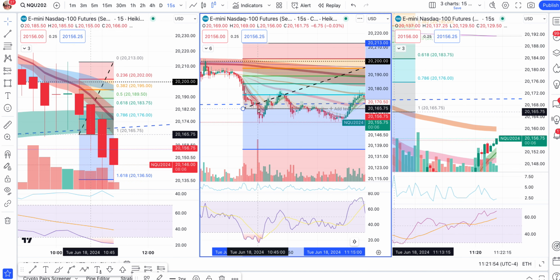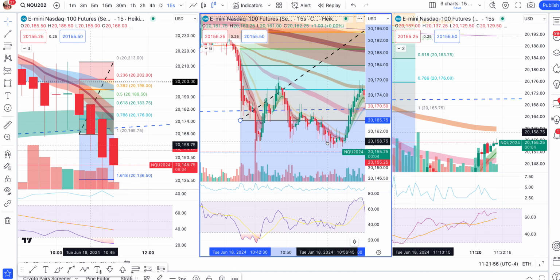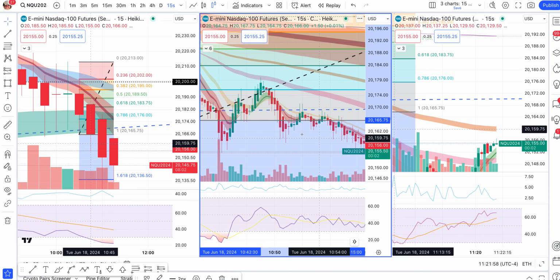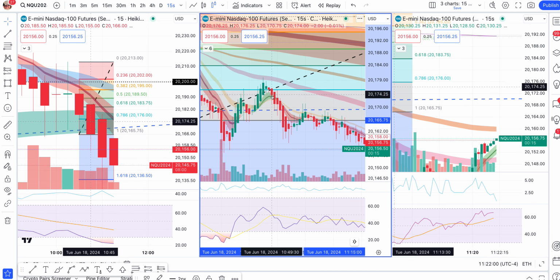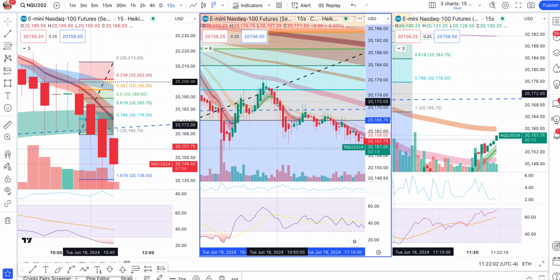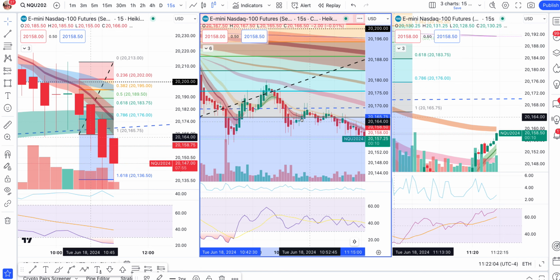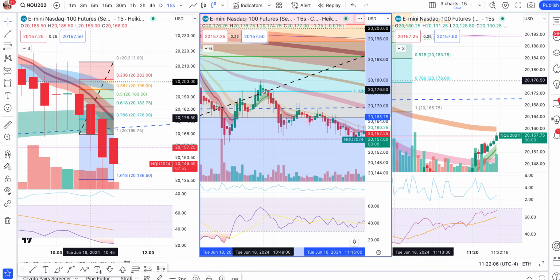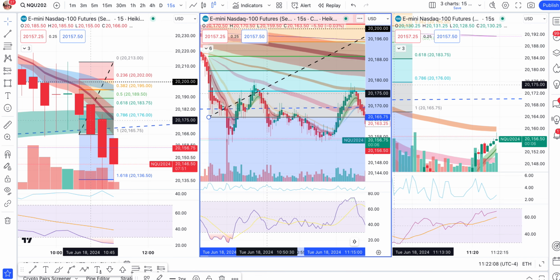So now I'm looking to go short, and I do see a pullback here with at least 4 bars. 1, 2, 3, 4, 15-second bars. That's a full minute worth of pullback. I'd see one here, and